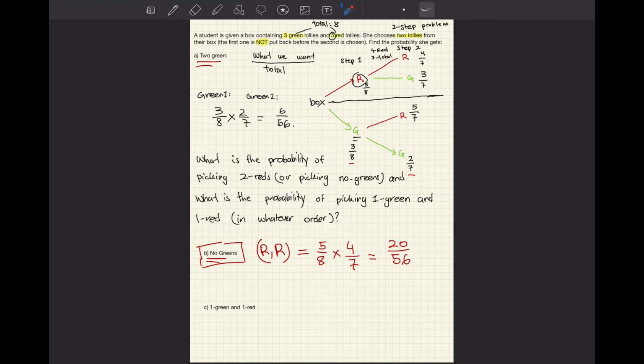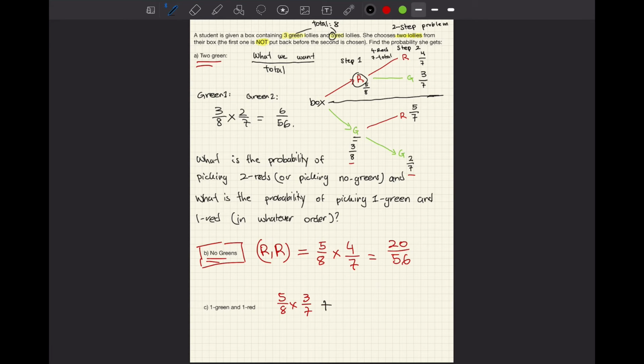Now, once we've solved for these, green and red, and red and green, which satisfies our equation of one green and one red, what we do is we multiply 5 on 8 by 3 on 7, and 3 on 8 by 5 on 7, and then we add these probabilities together to find the overall probability. So what that is going to look like is 5 on 8 times 3 on 7. So that is the probability of this branch here